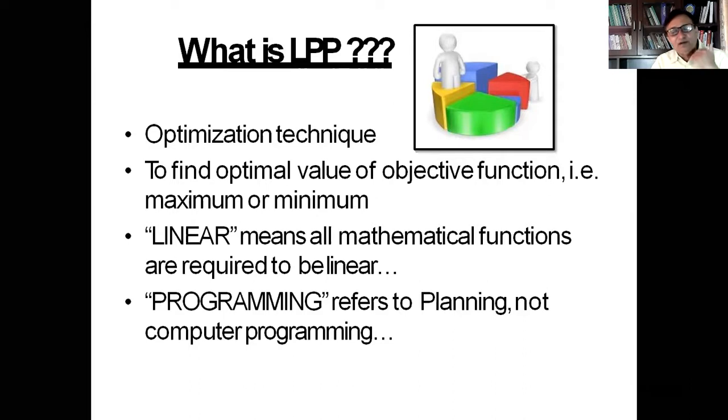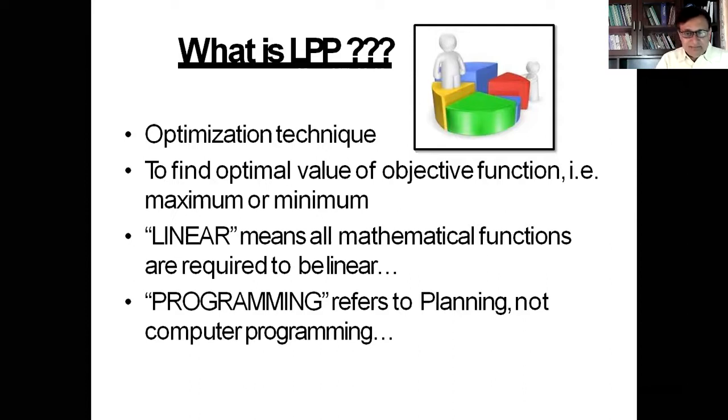So our objective of linear programming may be to find the optimal value of the objective function. The solution which will be optimal in linear programming, which we will get from the iterative process or optimization technique of linear programming, will be the best solution. If you find any other alternative solution, it will either be equal to it or lesser than it. So the basic objective of linear programming is to find the optimal value of the objective function. That objective function may be to maximize something or to minimize something.